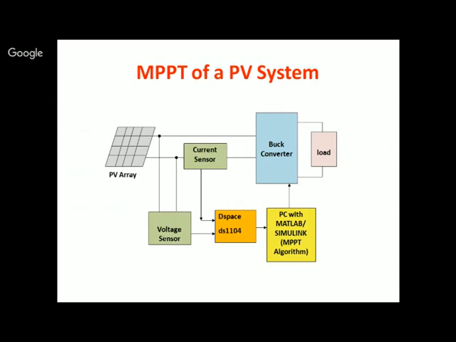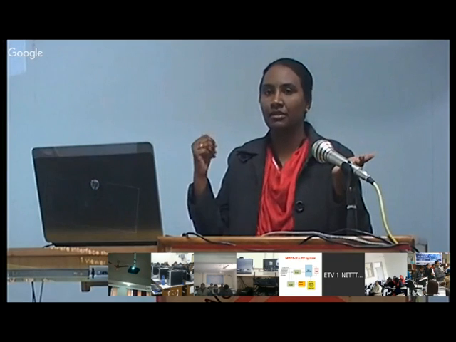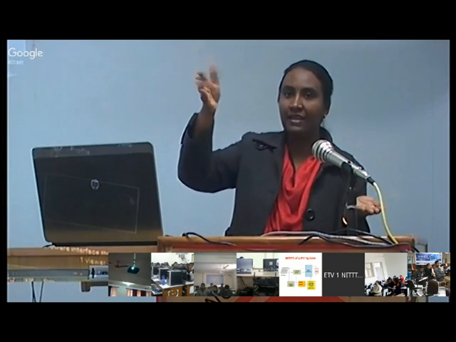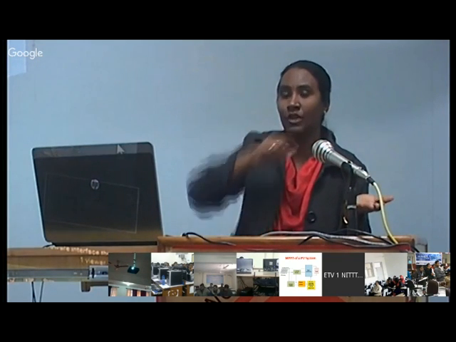What is mechanical? Say you have a solar panel. Mechanically when you're tracking, depending on the sun's position, if the sun is in the east, this solar panel should face there so that maximum irradiation falls on it. As the sun's position changes, your solar panel should also tilt and go to the other position.